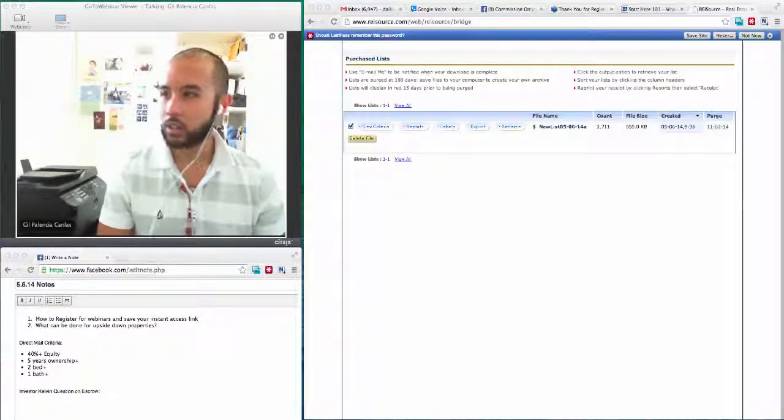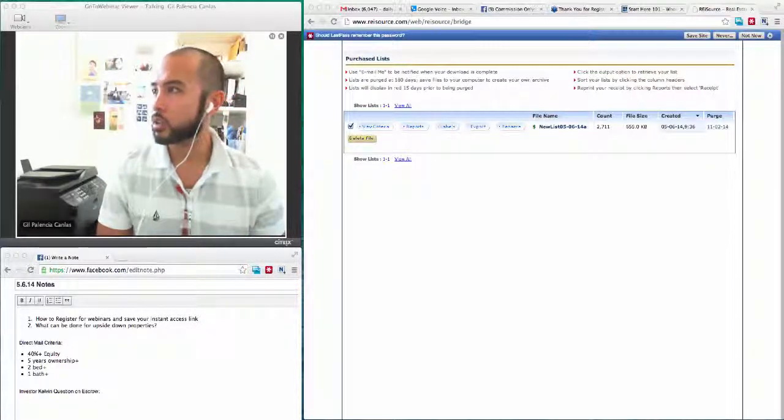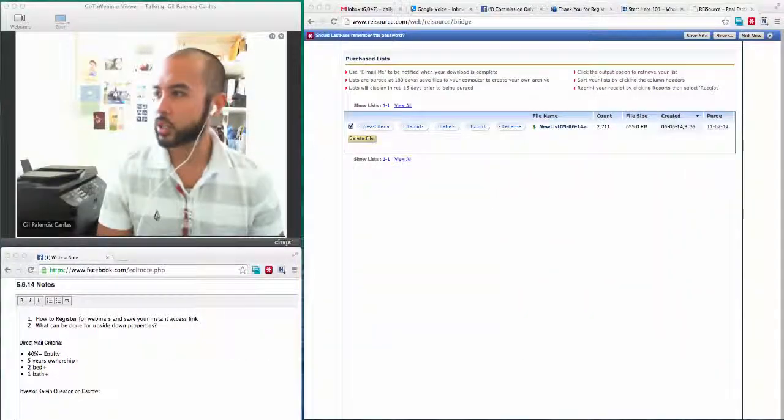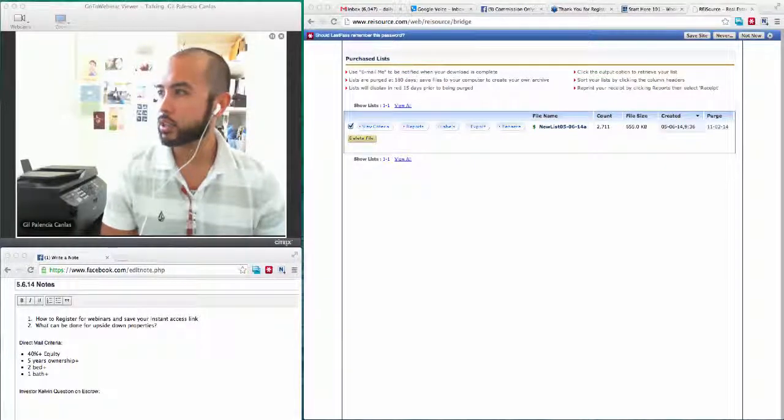Okay, perfect. So we have our list. Let's check the file. We always want to, again, trust but verify. So let's see this list we just purchased earlier today. Make sure it works. And oddly enough, I don't have Excel on this computer, but the file is open. There is data in there, so we are good to go. Now we can order it.